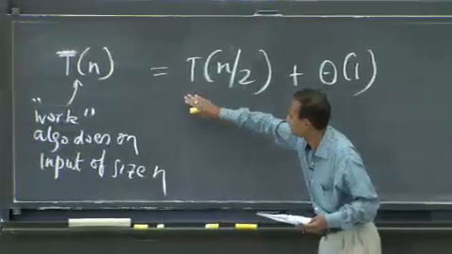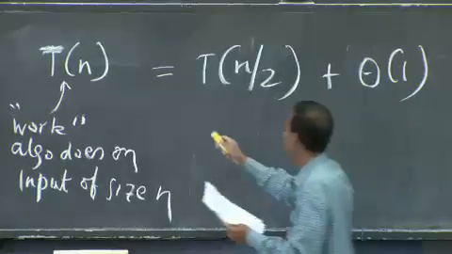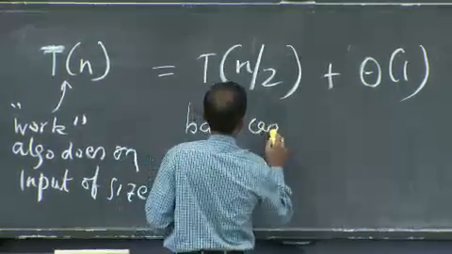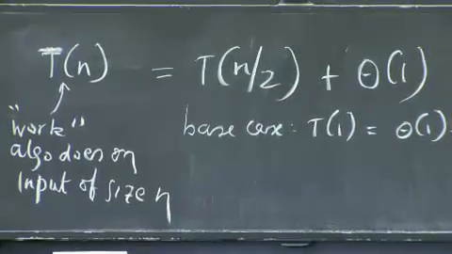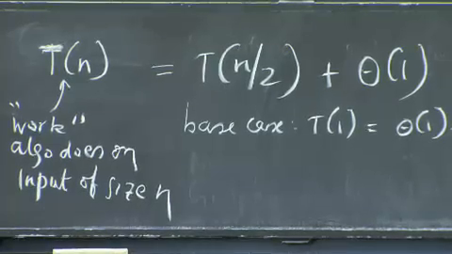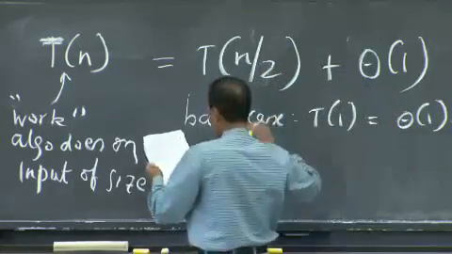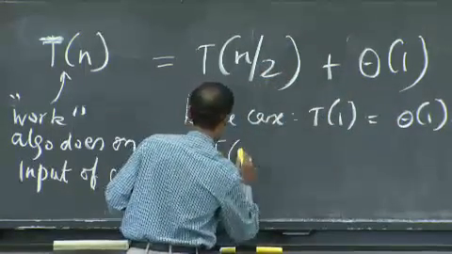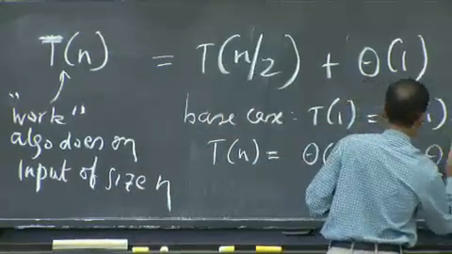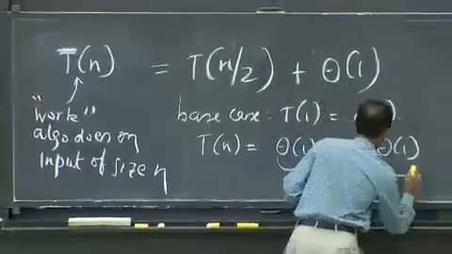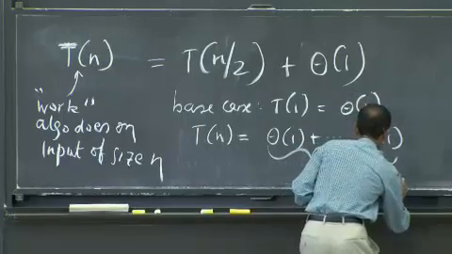So if you take this and you start expanding it, eventually you're going to get to the base case, which is T of 1 is theta 1, right? Because you have a one-element array. For that array, you're just going to return that as a peak. And so if you do that and you expand it all the way out, then you can write T of n equals theta 1 plus theta 1. And you're going to do this log to the base 2 of n times.